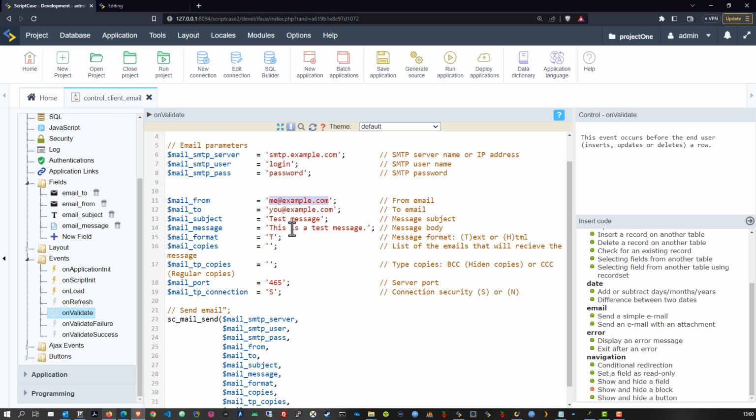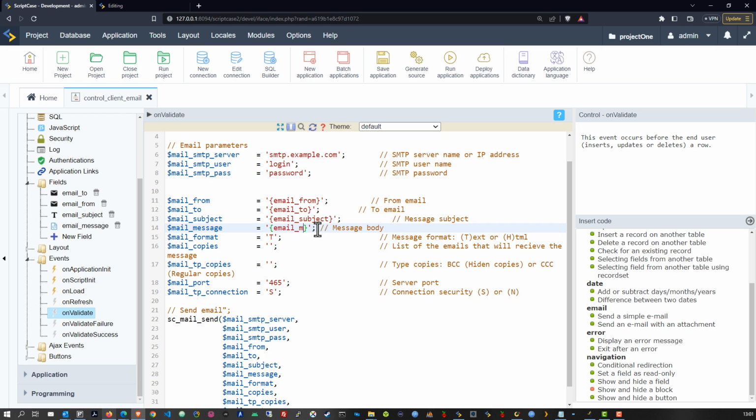So here it will change here to my field. That now needs to be email to, email from even. And then here the next field here will want to be our email to. Like so. And then we have here our subject, and that is of course our subject field. So let's add that in there also. And then we have here our message,